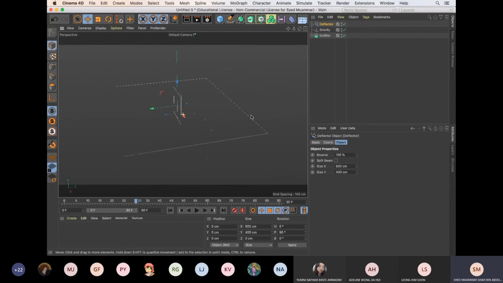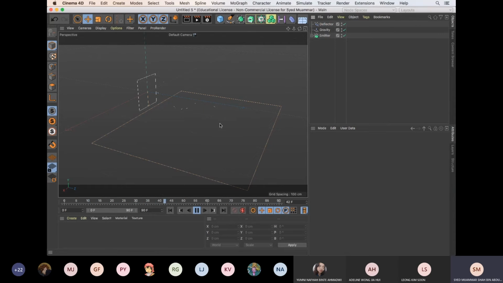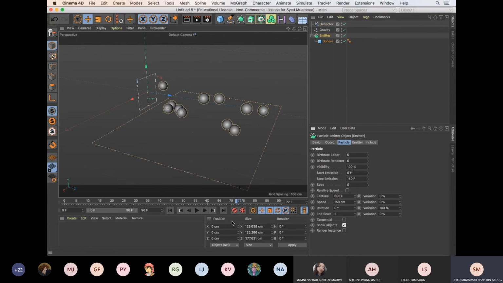Alright, then bring down the deflector below the emitter, so that the particles will drop on top of this deflector and bounce off it. So that's the deflector. So if I apply my emitter,